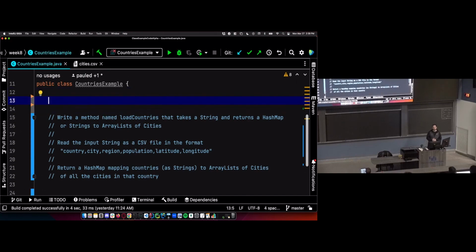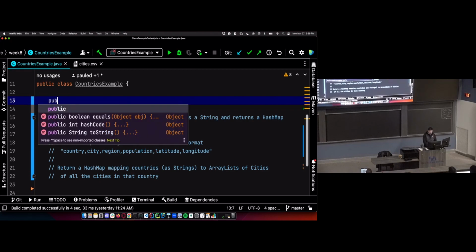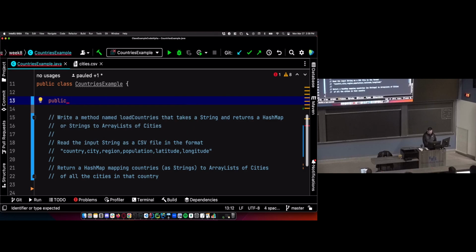So the first thing I'm going to do is stub out this method and then write a main method to call the thing. We'll do testing on Wednesday. So for now, I'm just going to write a main method. So public, this will be a static method. Task 7 will have you writing static methods again. At one point I said we'll never write a static method again, but it just made sense for these ones to be static when we're reading these files.